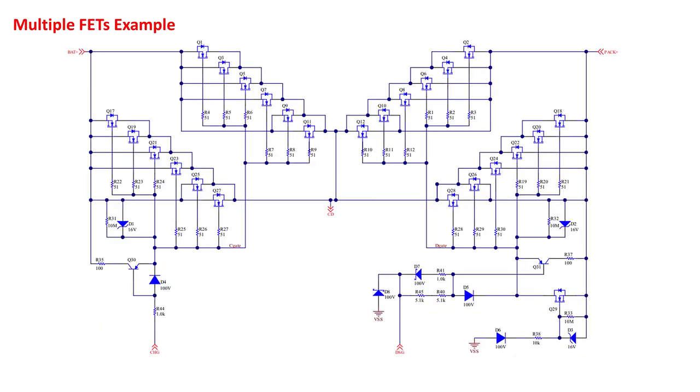Here is an example circuit using a large number of parallel FETs for a higher current application from the Multiple FETs application report. Note the use of local turnoff loops to help speed up FET turnoff when a large number of FETs is used. Also note the use of small individual gate resistors in addition to the resistor on the common path. When multiple FETs are used in parallel, oscillation can occur, so small individual gate resistors or ferrite beads are often used to avoid oscillation. The TI reference design TIDA-010208 uses ferrite beads on the FET gates. The Multiple FETs application note contains many more examples and discussions on this topic.